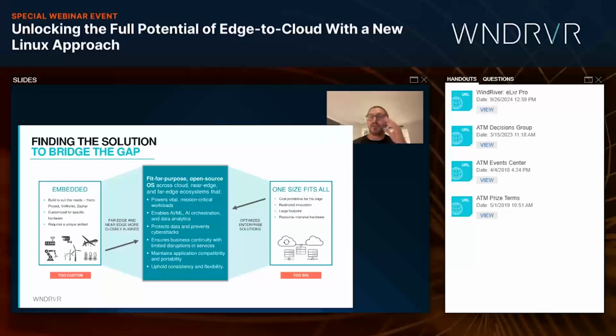A large number of our customers have been wanting a solution where they can use the same tool chains, the same developer tools, whether they're deploying on a small embedded ARM processor or RISC-V processor that may be much more resource constrained, or whether they're deploying on a server.